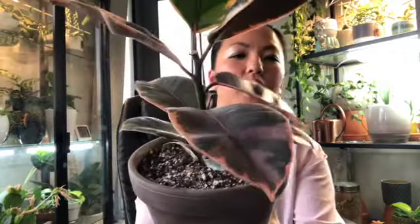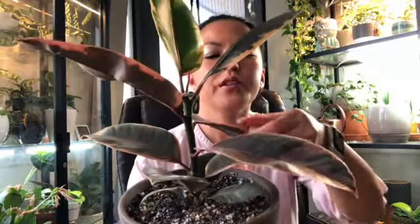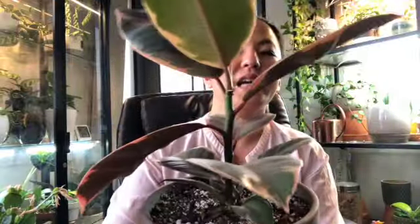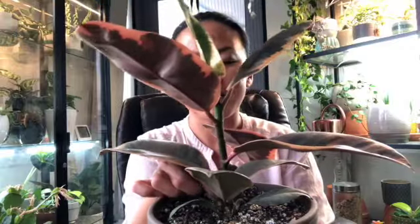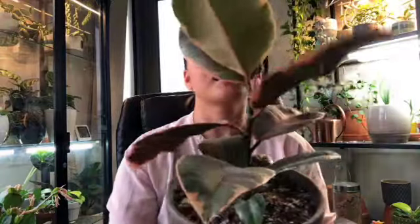So first is, because it's right here, this is a Ficus, one of the Ficus. It's the Ruby. If you follow my Instagram, you know that I love Ficus and I have the whole family, like the collection. I was never that interested in Ruby, so I didn't think I was ever gonna get it until I saw it in person. It is so gorgeous. It doesn't come out so well on camera, because I guess I've seen it in other YouTubers'